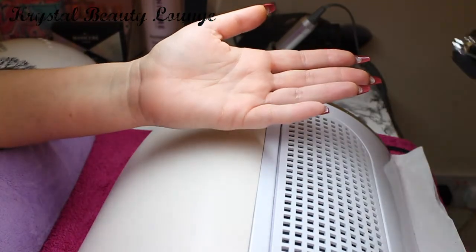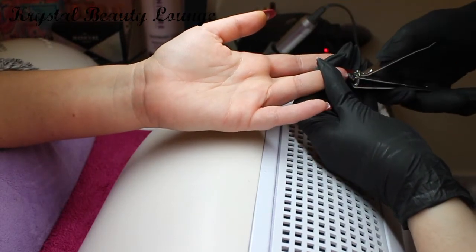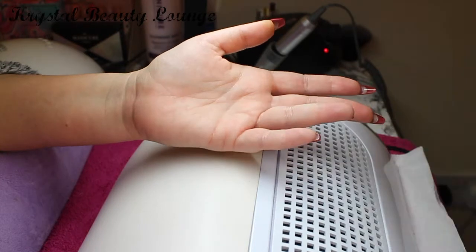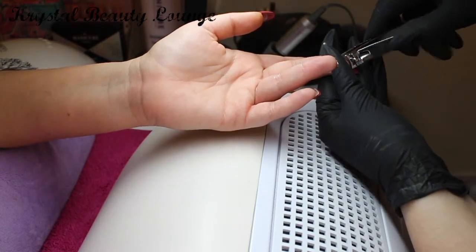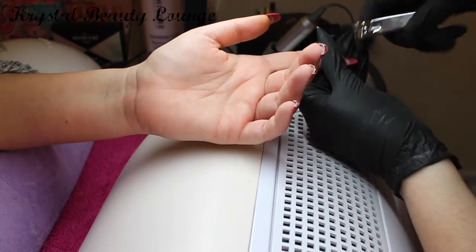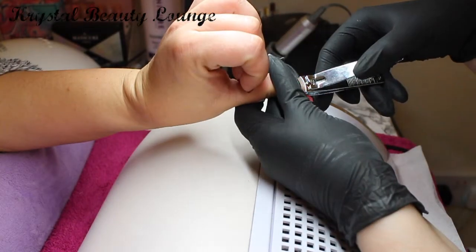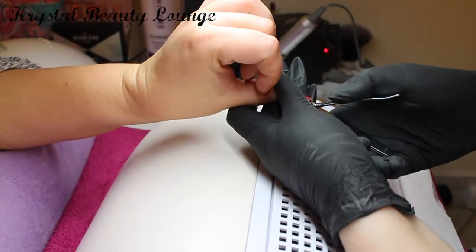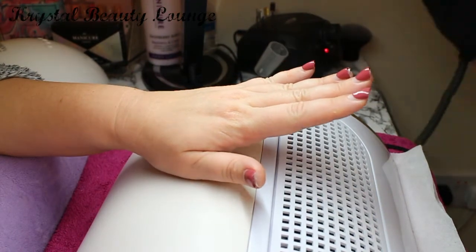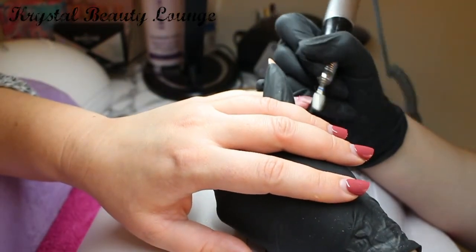Today I'm going to show you an easy removal of acrylic nails, and to start off with, all I'm doing is snipping off the free edge that I have sculpted. Since they have been on about 4 or 5 weeks, there is a good bit of regrowth, so I'm just clipping off where the free edge did touch the acrylic extension. Once I have snipped off the extension and the length, because it's unnecessary as I'm getting rid of the nails anyway,